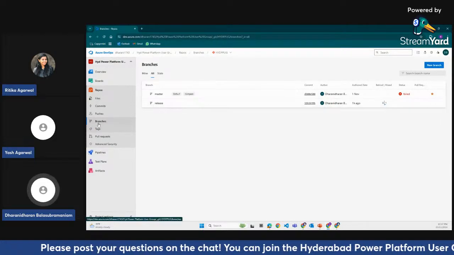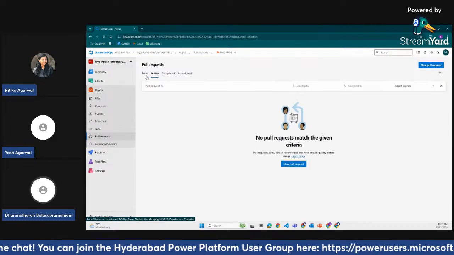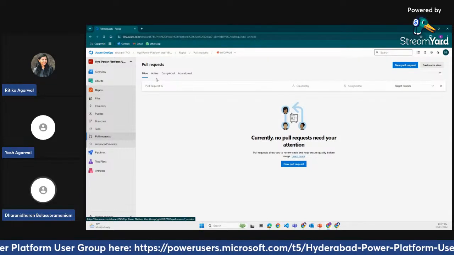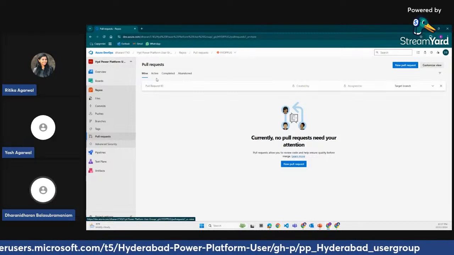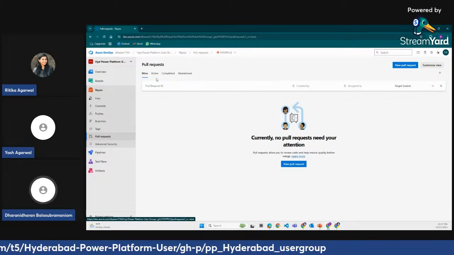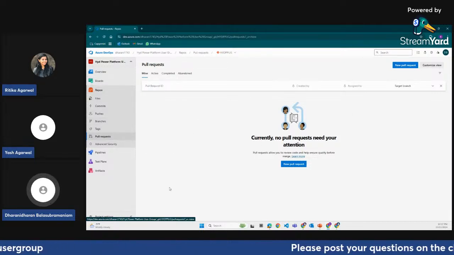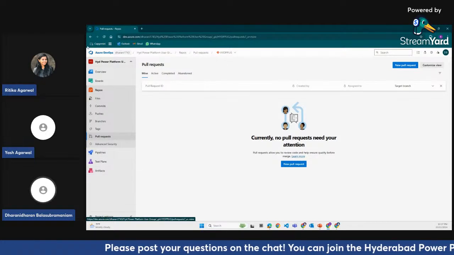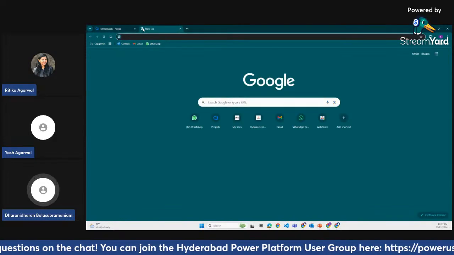The code reviewers will go through it and validate all the coding standards, to make sure that the developer is following the company's coding standard policies or not. Once the reviewer is satisfied, they will approve the pull request. Once the pull request gets completed, you can automate the build and the release pipeline. That is possible.